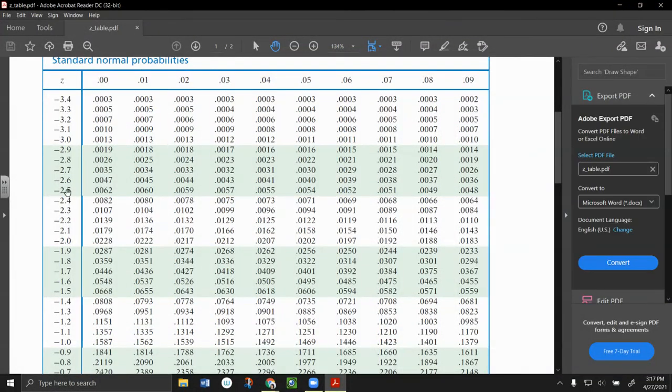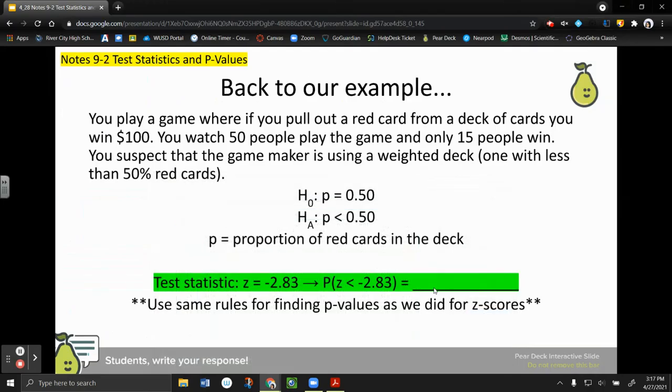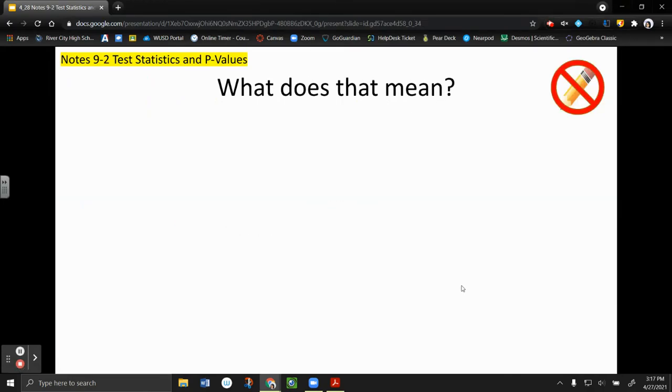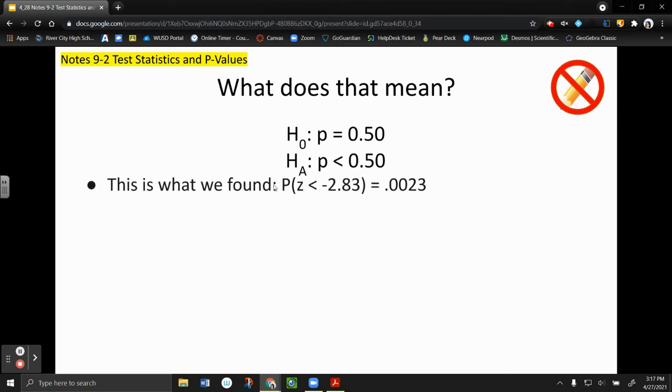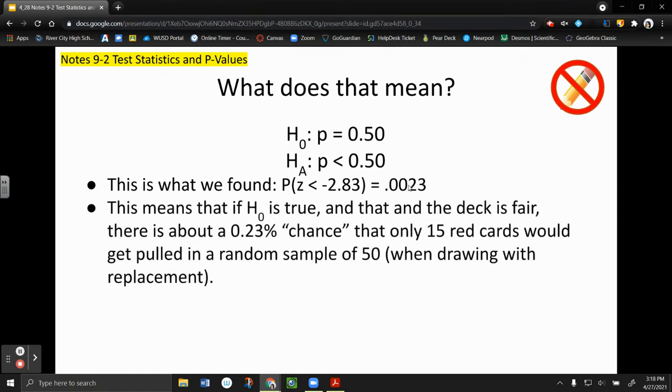So negative 2.83, that p-value is 0.0023. So what does that mean? Here was our null hypothesis, here was our alternative hypothesis, and this is what we found. Based off the test statistic, our p-value is 0.0023. So we have to ask ourselves, is that small or big? That's really small. Essentially, what this is saying is if our null hypothesis is true, meaning the deck is fair,